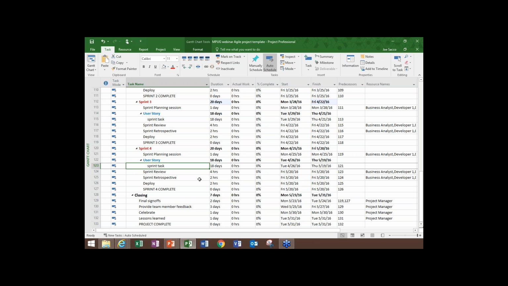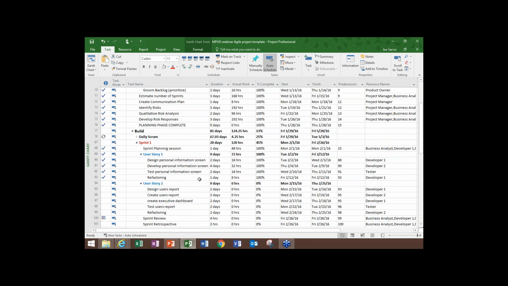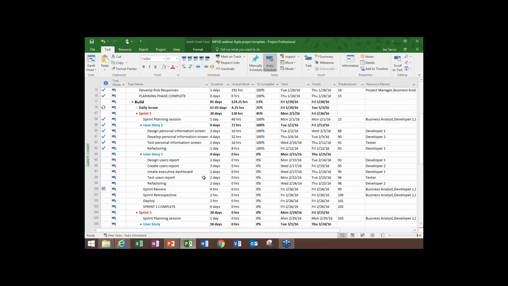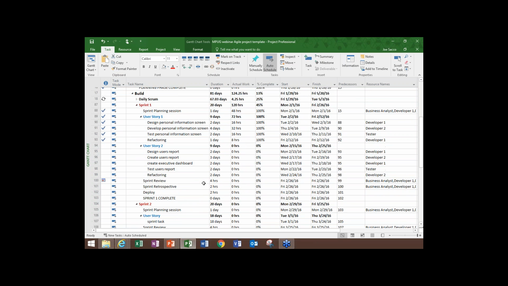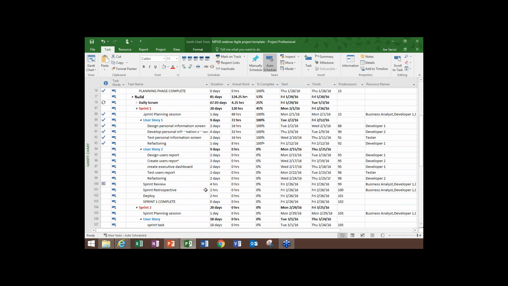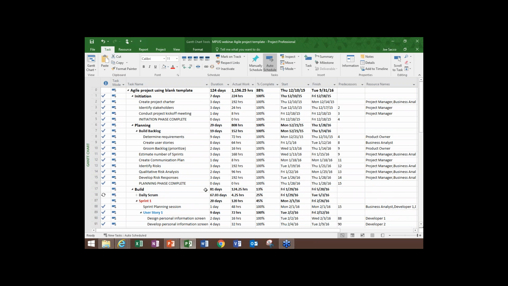All right, let's talk a little bit about the timeline. So I've got a fairly nice project schedule here. I'm using sprints. I've got my build phase broken up into various sprints. I have the capability to keep adding to this project and progressing it. But I need to communicate it to my management team. So one of the things I want to talk about is the timeline. I believe this was introduced in 2010.